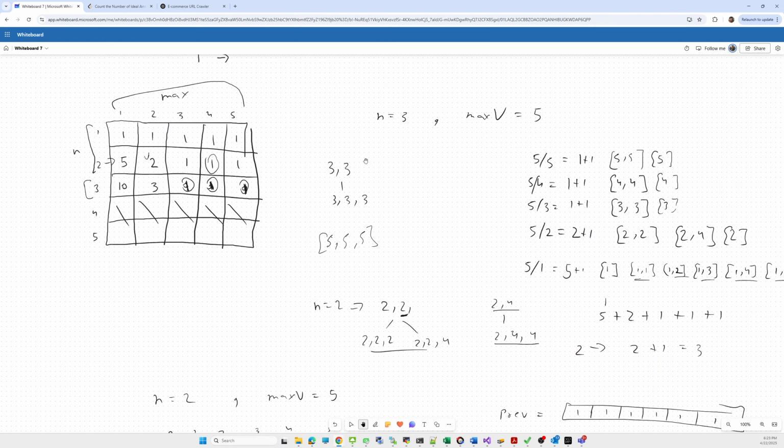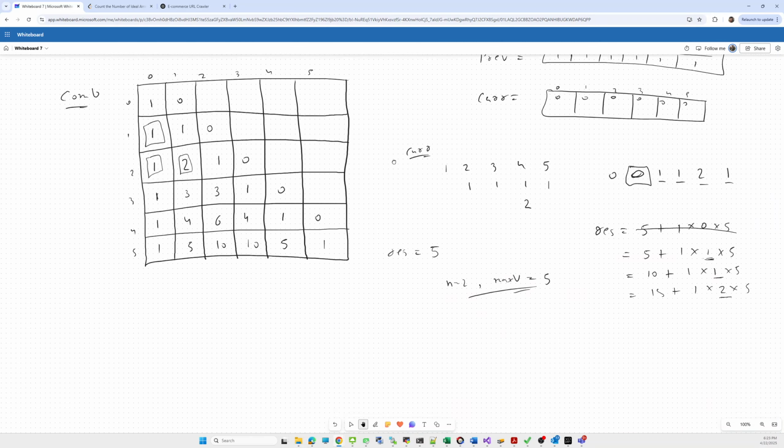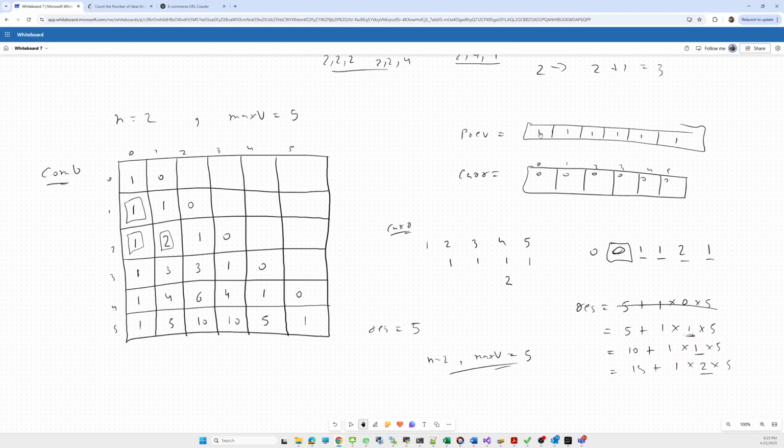Okay, how are we updating? Like this: if we say our previous state will be 1 1 1 1 1 initially, and the current state will be 0 0 0. So we start from the first value, because we are taking the value started from 1, and for 1 our first multiple is 1 times 2, which is 2. We'll start from here and update that current matrix using the previous state, whatever the previous state is.